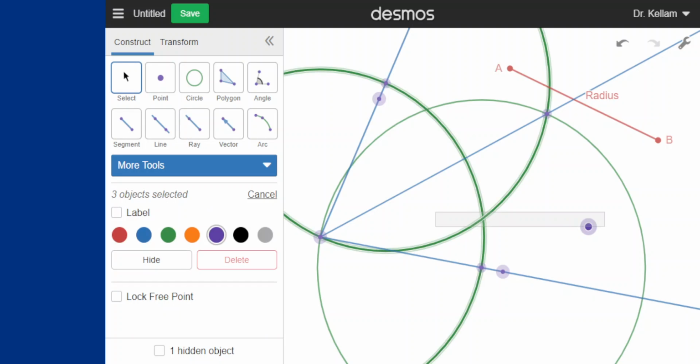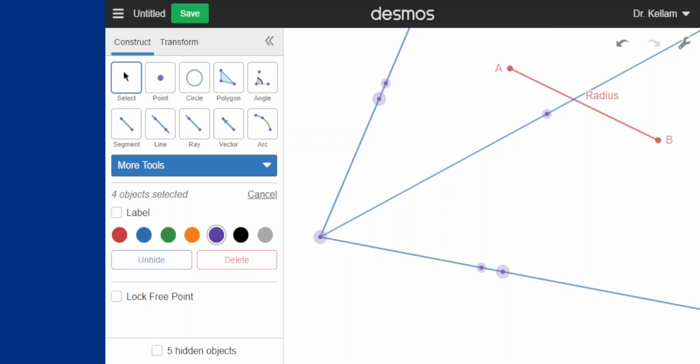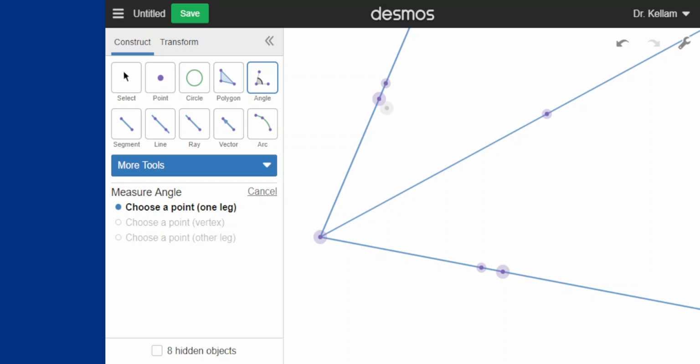Now I'm going to hide those circles just so that we can go ahead and make things look a little bit neater overall. I'm also going to go ahead and hide this radius. Now, this is a bisected angle. The only issue that might occur with this measurement is, given that we are working with a computer, this computer rounds to the nearest whole decimal. This time everything's fine. We can see that it actually is saying that both are 38 degrees, but sometimes it might say one is 38 and one is 37. That's the disadvantage of working in